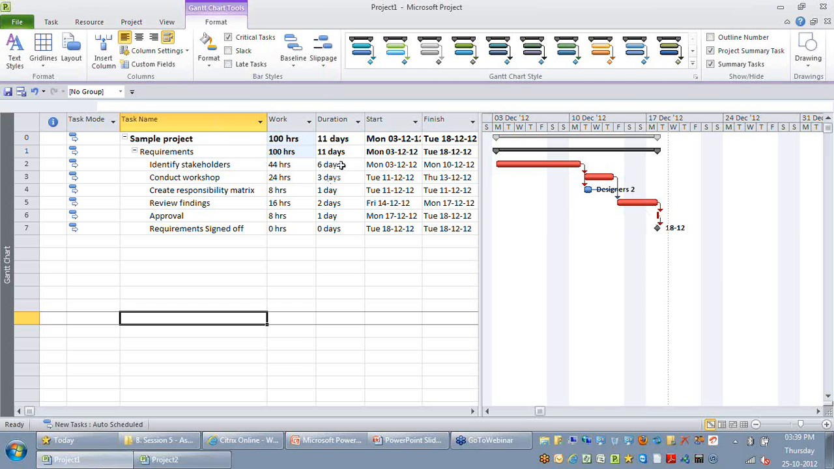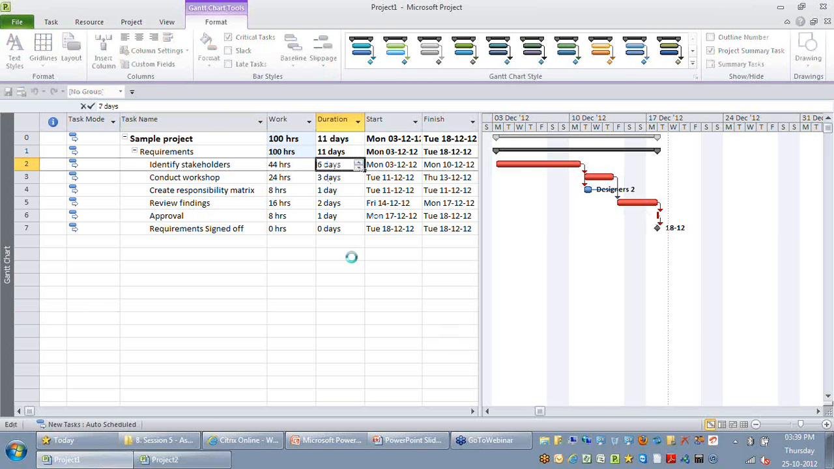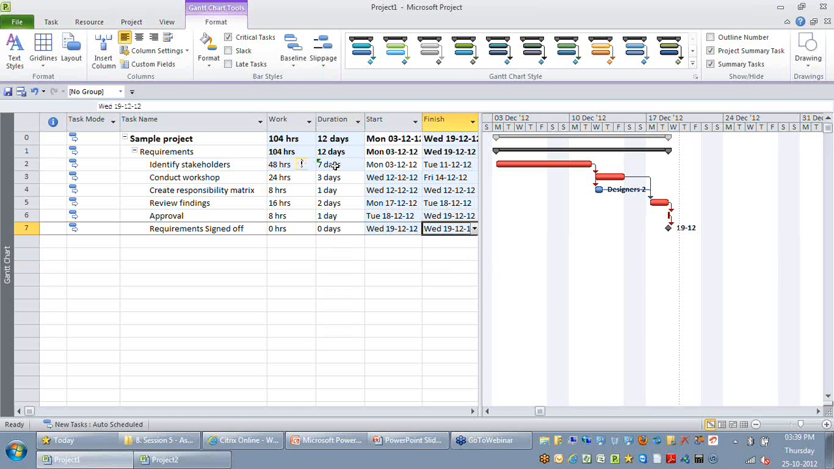What I mean by the red color is if I try to increase the duration of the activities on my critical path, your project finish date gets affected. Similarly, if I try to reduce the duration of any activity on my critical path, your project finish date is getting affected. But let's look at